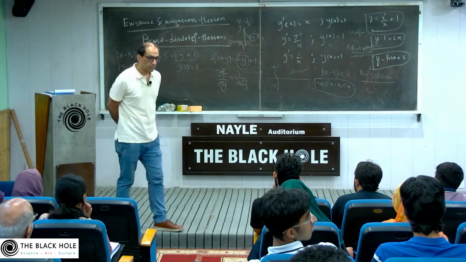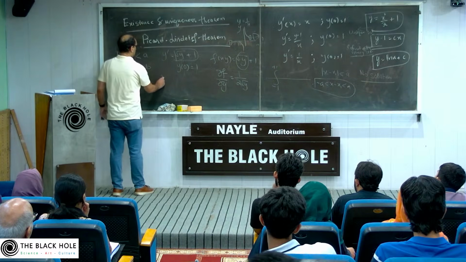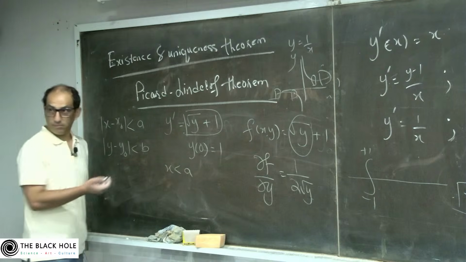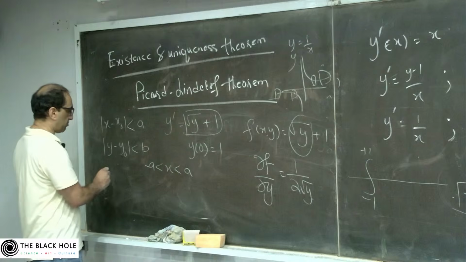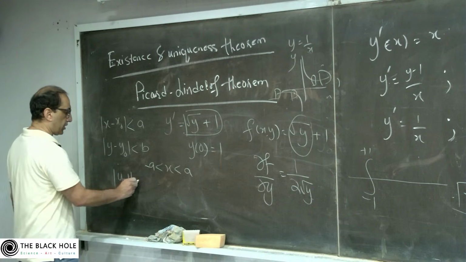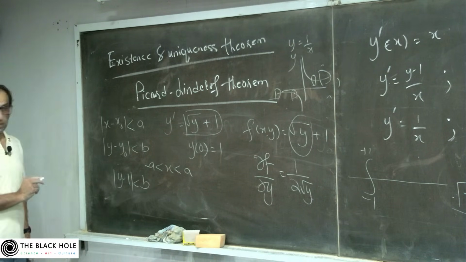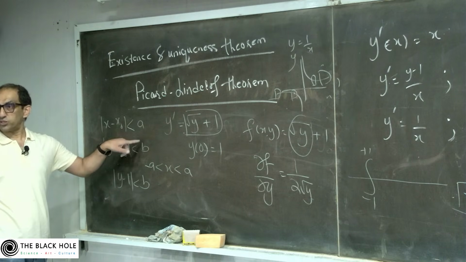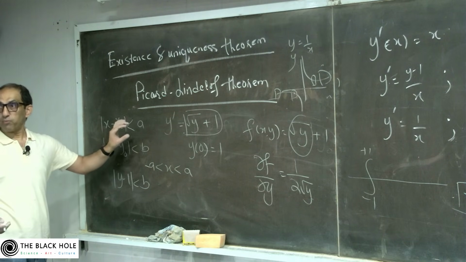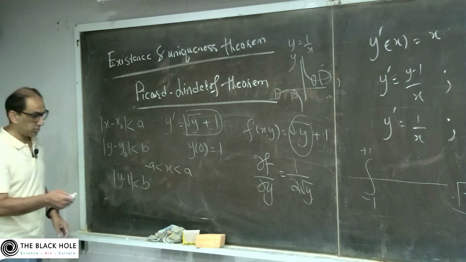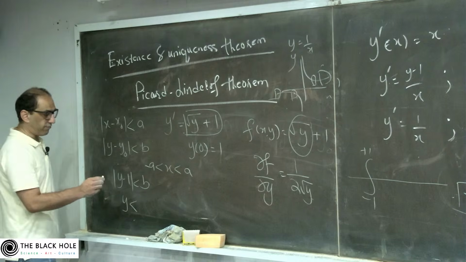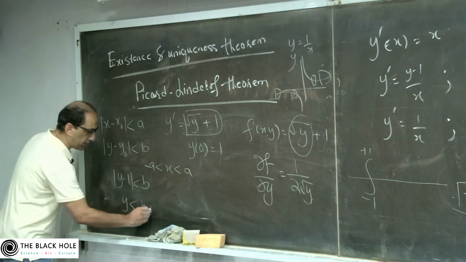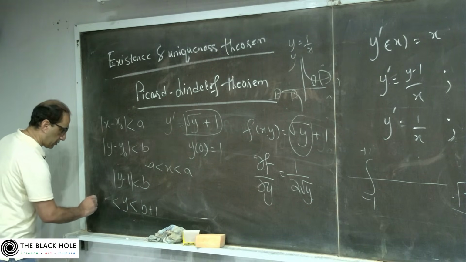Are you going to determine this interval a and b from this condition? Yeah, so x is, let's say, this, and my y minus 1 is less than b, but you will have to define these constants also. For a realistic problem, then you have to give some value. But in principle, all that I need to say is that now I will have b plus 1 and minus